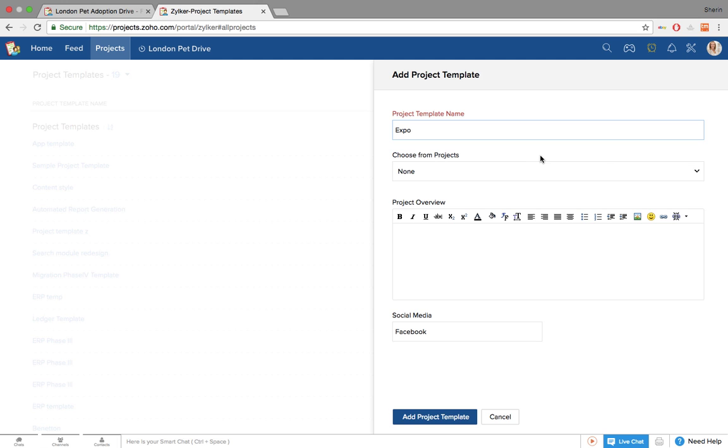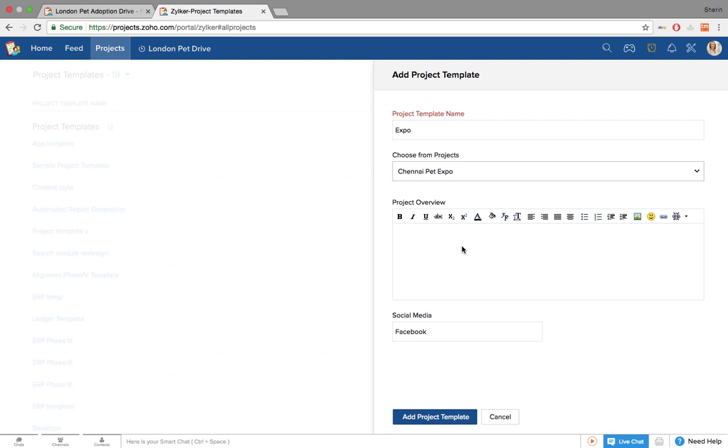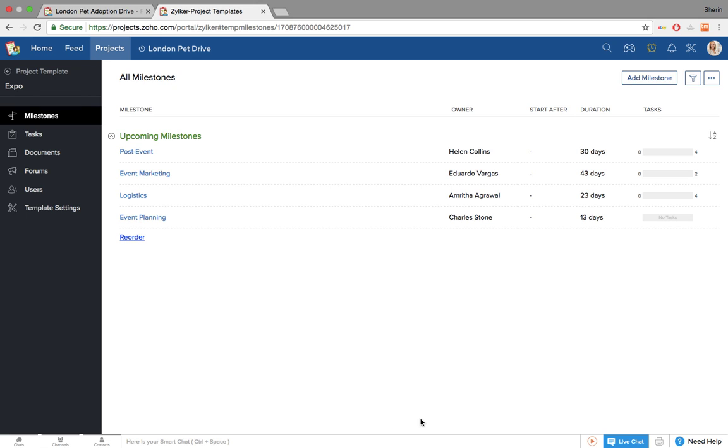And on the other hand, if you already have an Expo project created with the information that you need, you can associate this particular project with that template and you can add it as a project template. So now all of the information that was a part of that project is now a part of this template. Now going back,